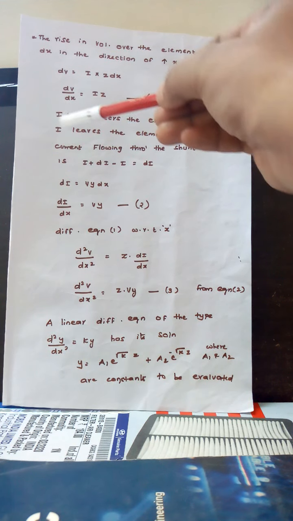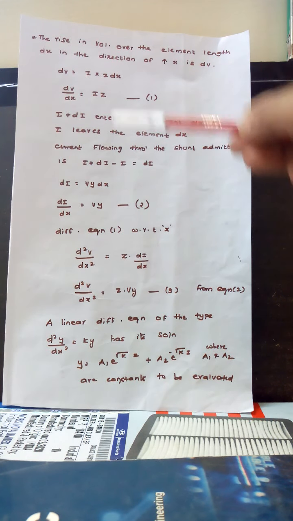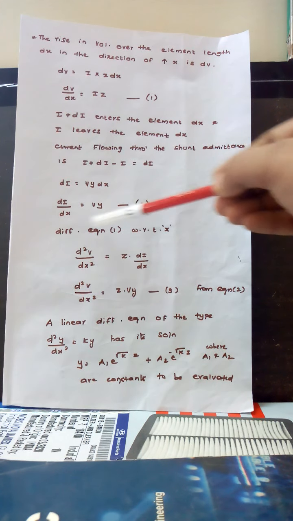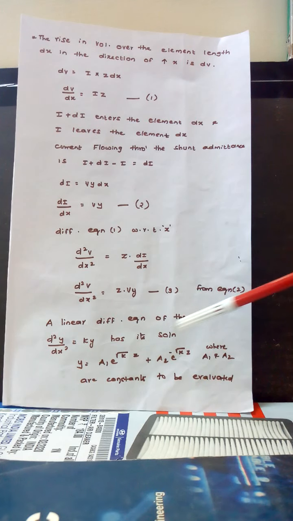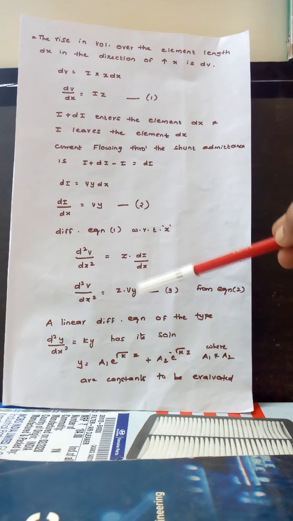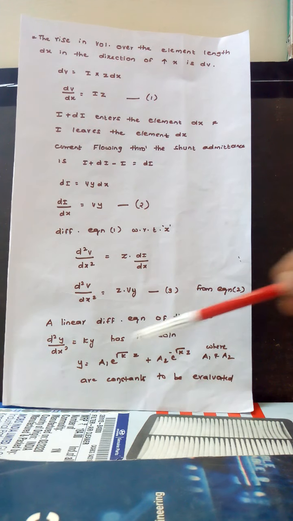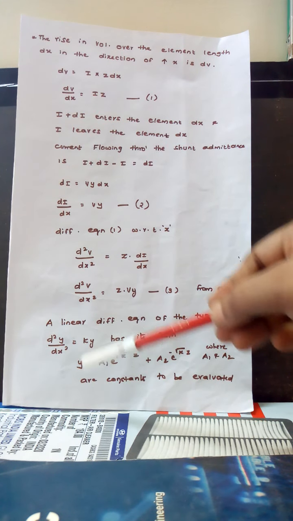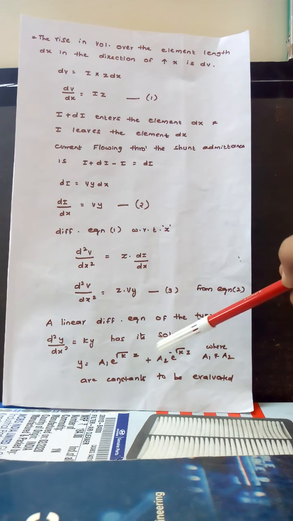Now this equation number 1 we differentiate with respect to x. So we get d square V by dx square equal to z into dI by dx. In this equation the dI by dx we can write as V into y. This we can consider as equation number 3. This is a linear differential equation, and for this equation we have to find the solution. If it is in this form, this is your solution. From this we can directly write our solution for this differential equation, that is V equal to A1 into e to the power of root of z into y into x, plus A2 into e to the power of minus root of z into y into x.